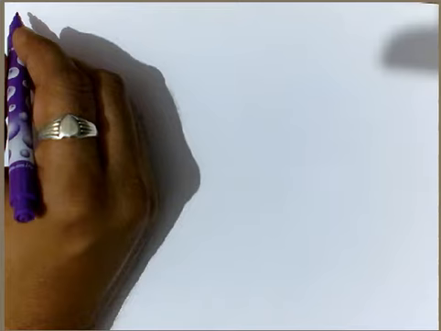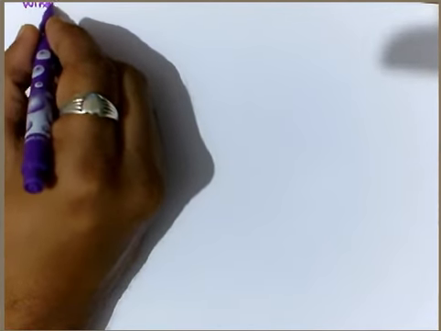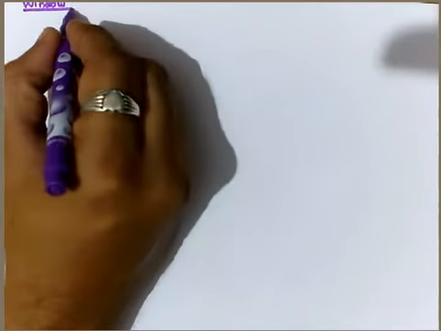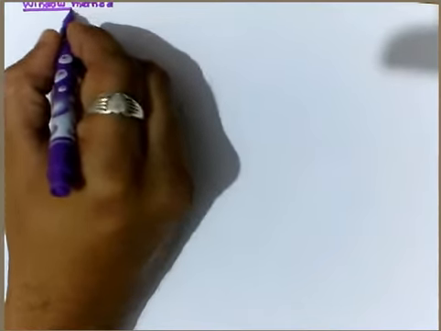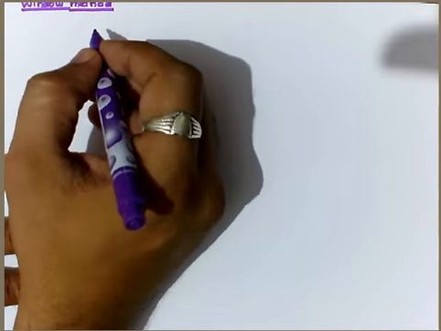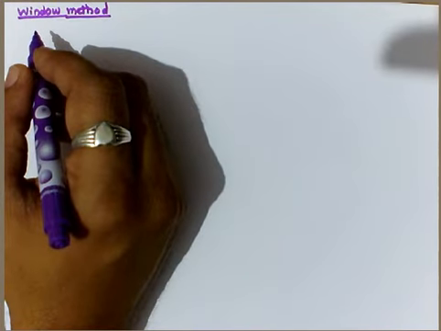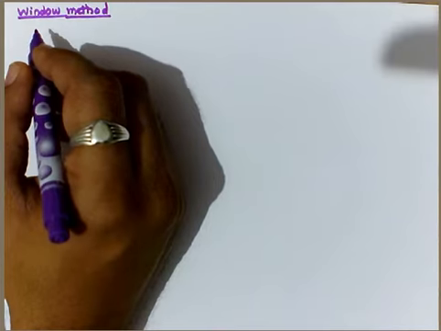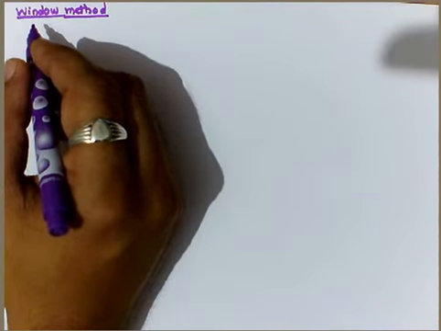Last time we discussed some of the approach regarding the window technique. In this window method, we have seen different functions for the rectangular window, then the Bartlett window or triangular window, and even the Kaiser window, the Hamming, as well as the Hanning window. Let's discuss the numerical based on it.